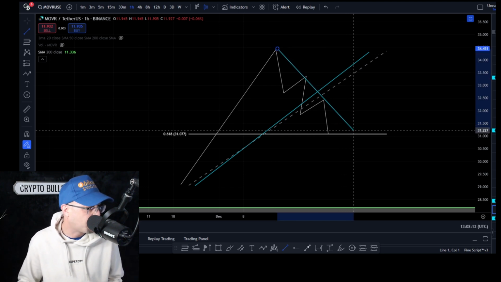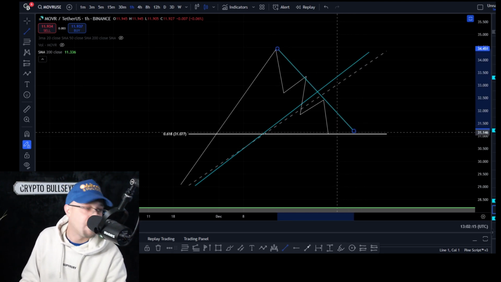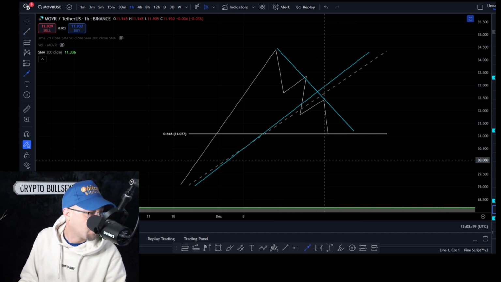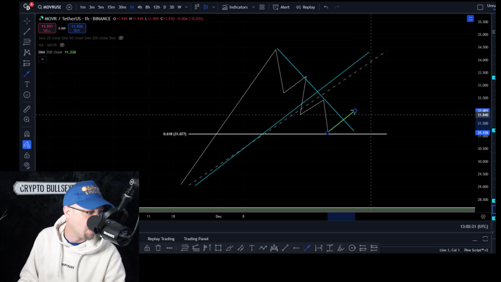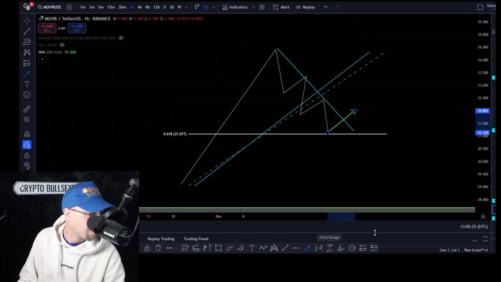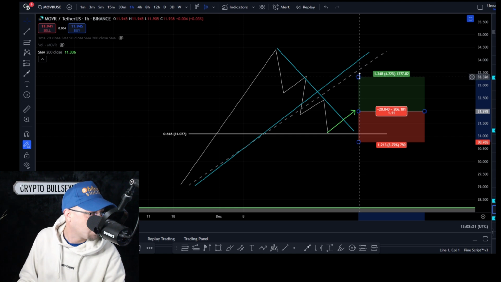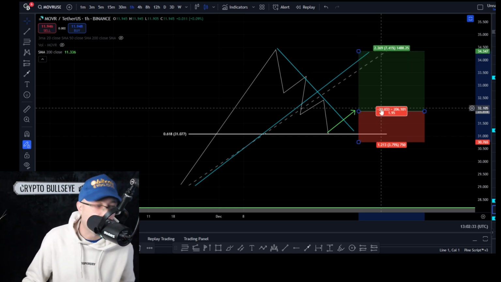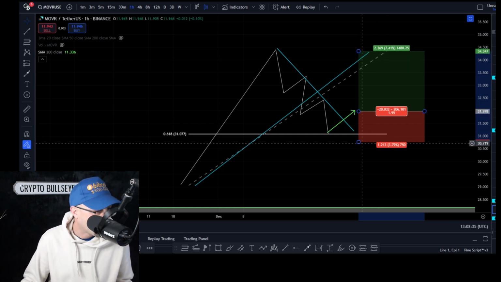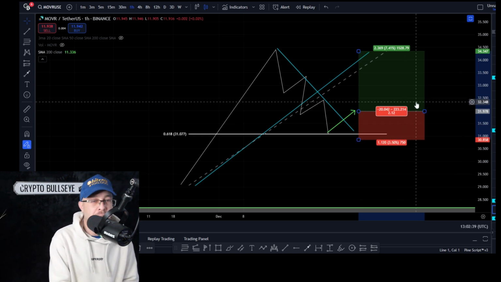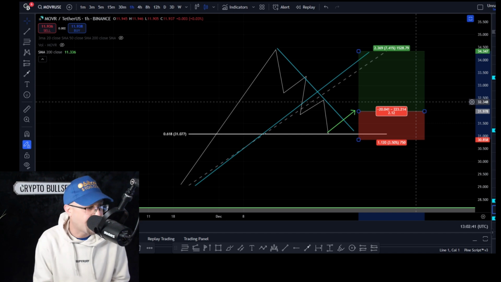And then you'd be waiting for the break. So the stochastic's got to be oversold at this point. You're waiting for the break. Got the break. You've got the close. And then you're getting your protections. There's your close. Below the swing low, shooting for the swing high, subject to a minimum of 2 to 1 risk to reward. So that's just about a 2 to 1 risk to reward. So that's what's telling you that that's your capital. That's the upside risk. That's the downside risk.